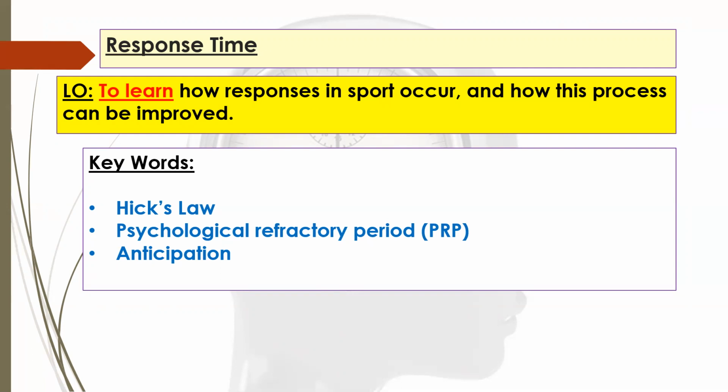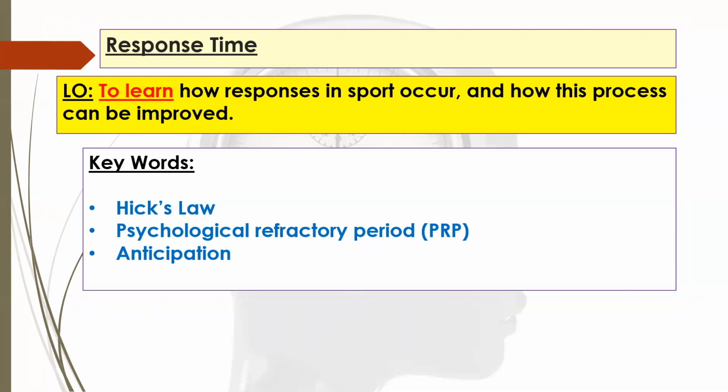Learning objective: to learn how responses in sport occur and how this process can be improved. And then some keywords there, each one of which we'll go into in a lot more detail, but just note them down now. So we've got Hick's law,